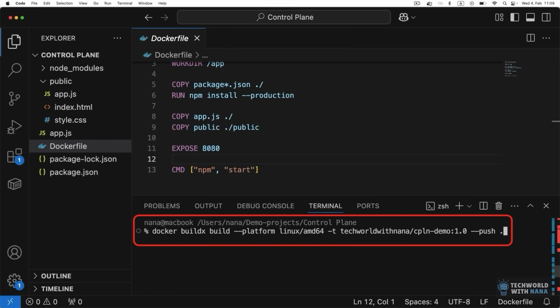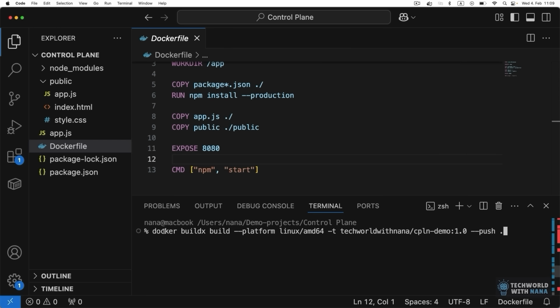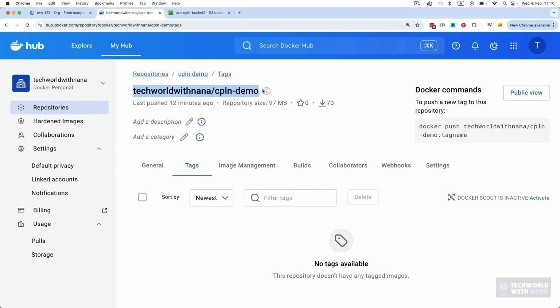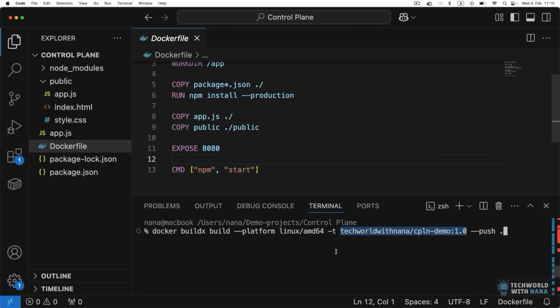So this is our Docker build command, and let me explain quickly what we're doing. We're basically building an image from the Docker file in the current location. That's what the dot here stands for. We're calling the image TechWorld / the name of the repository and the tag. So this one obviously needs to match the repository name here. If you're a beginner in Docker, I suggest you watch my Docker crash course where you can learn all these details. But if you know Docker, we can continue here.